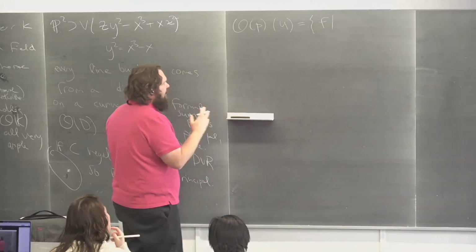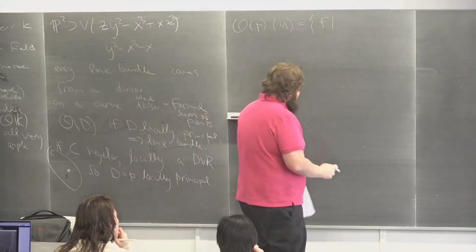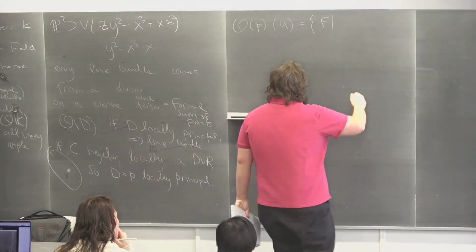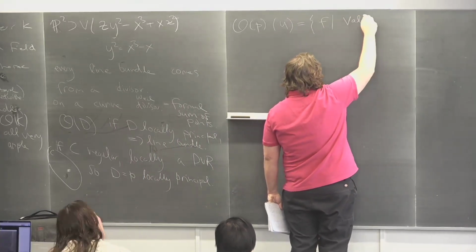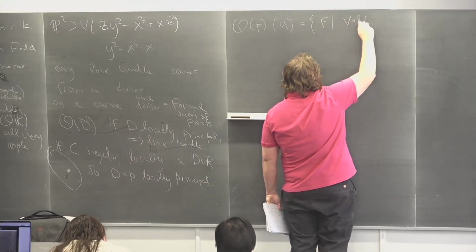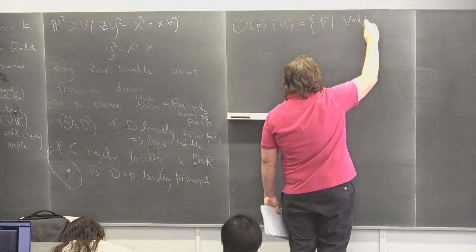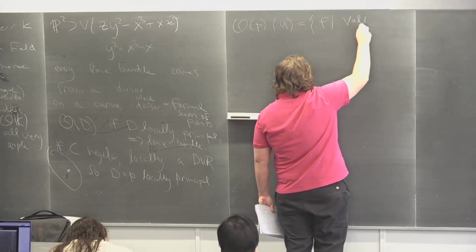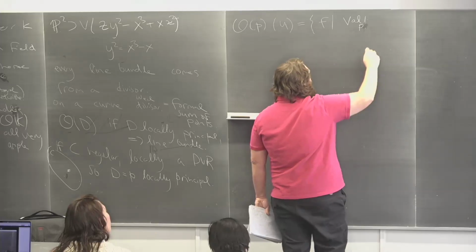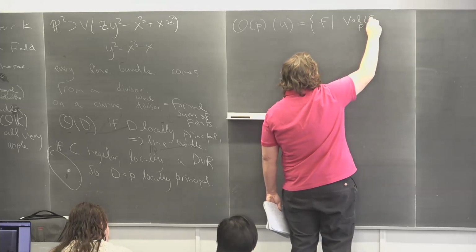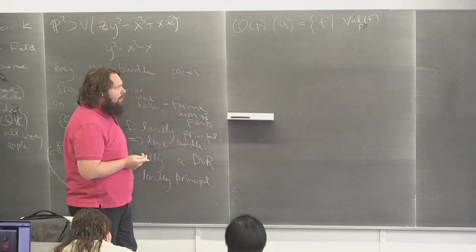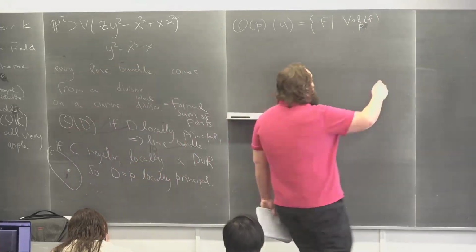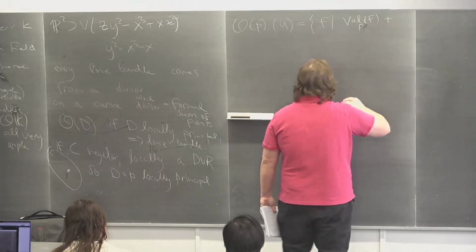So I'm identifying its sections with rational functions that satisfy a condition on their valuations. What I'm looking at, I would be writing Y here, but I should just write P, the valuation of F at P. So that's the order to which it has a zero or a pole at P, plus,